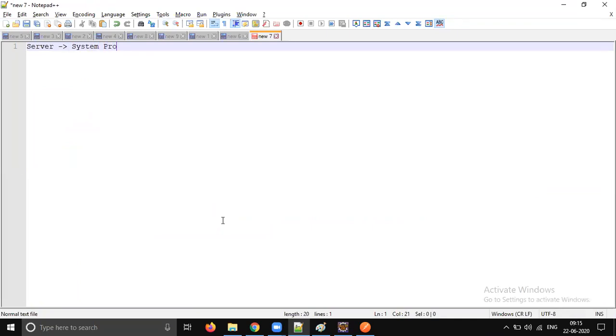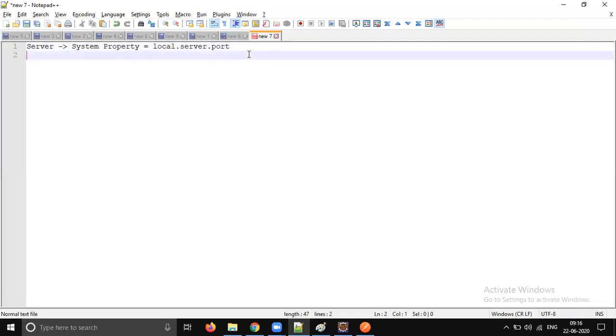That property name is local.server.port. So by reading this server system property, we can know on what port the server is running.